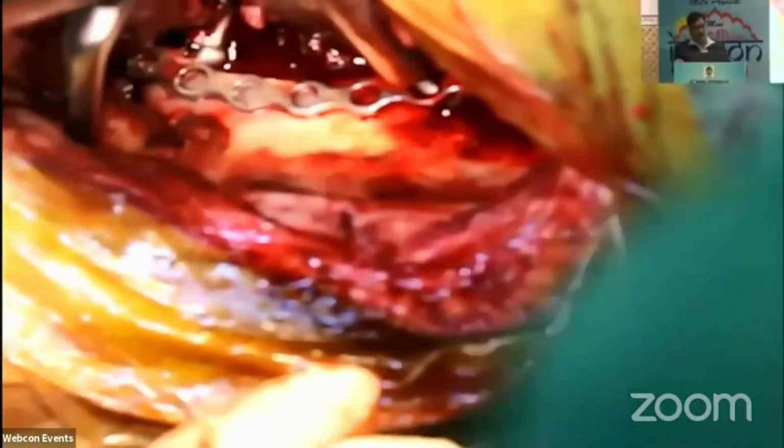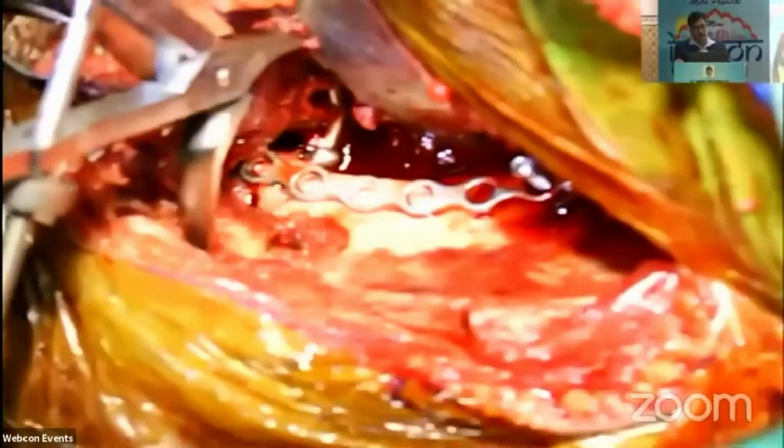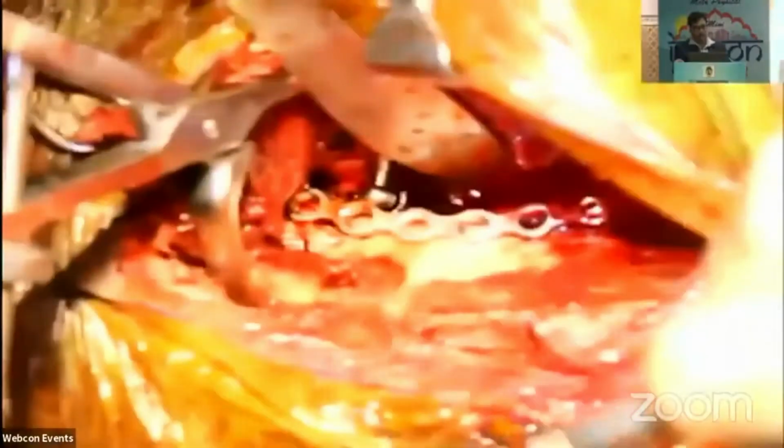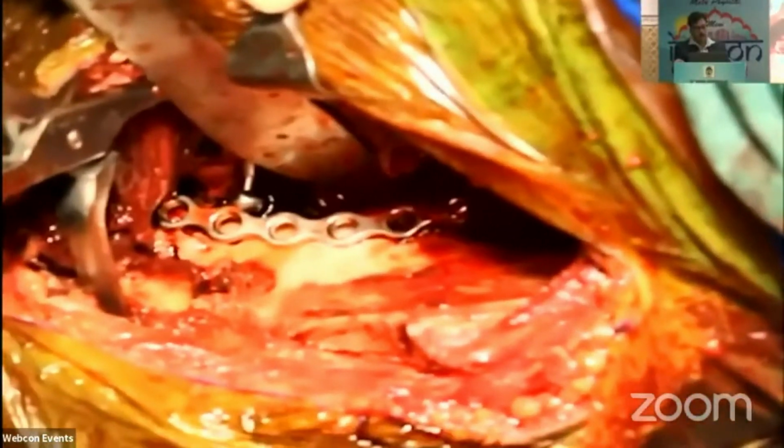This is the second proximal screw given, and next two screws are given distally beyond the fracture, distal to the iliopectineal eminence.